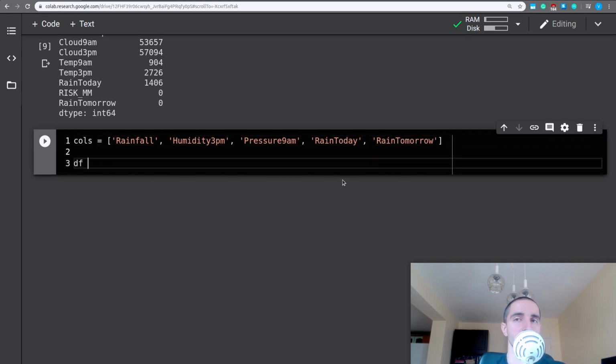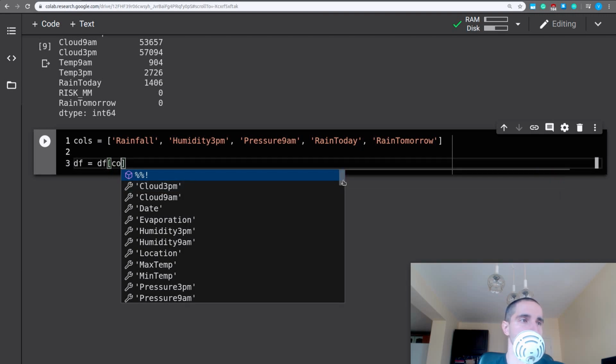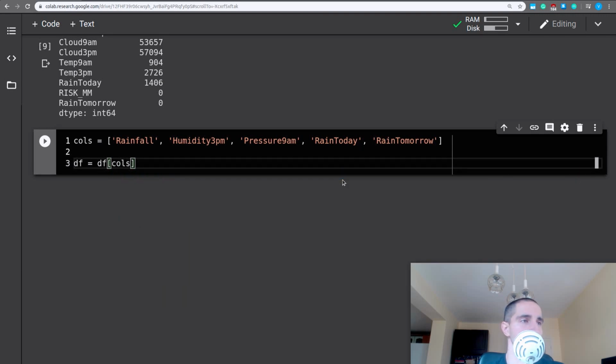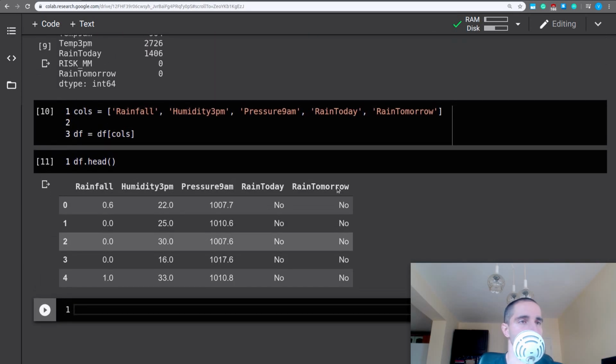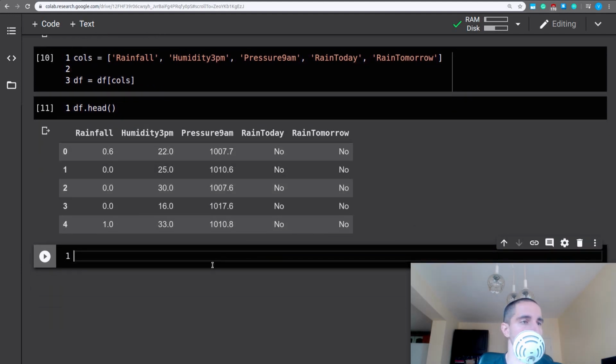And our new data frame is going to be a data frame that contains only those columns. If I have a look at the head of those, we're going to see that we have just this subset of columns. The next thing that I'm going to get rid of is those no's and yes's in here. So I'm going to convert those to numbers, and we are going to assign 0 to no and 1